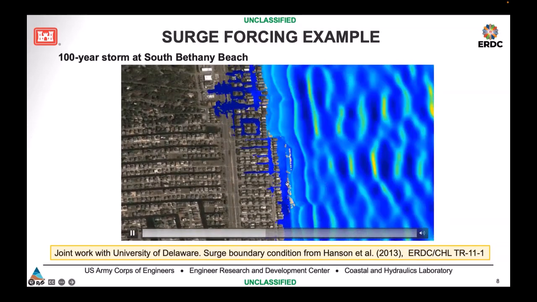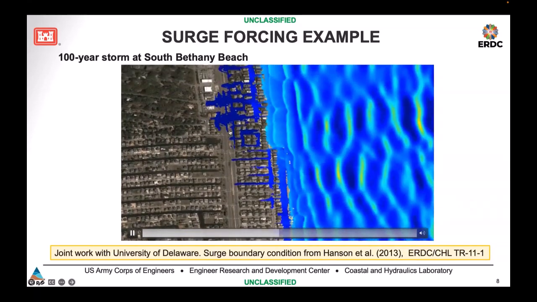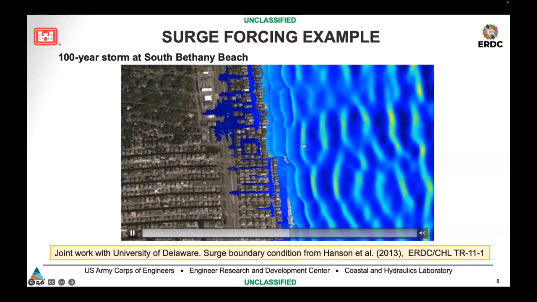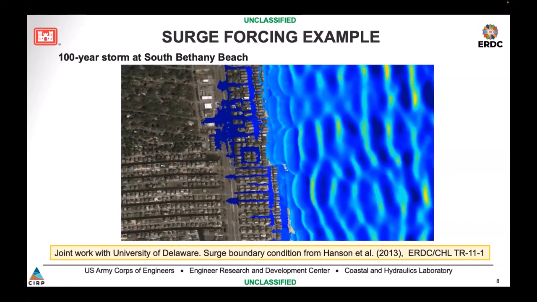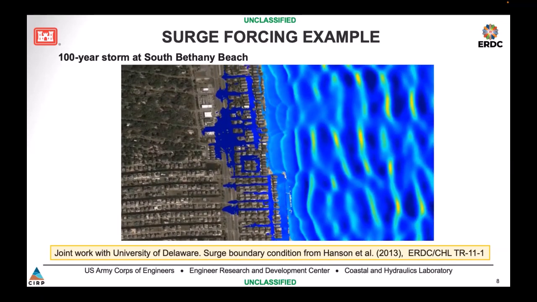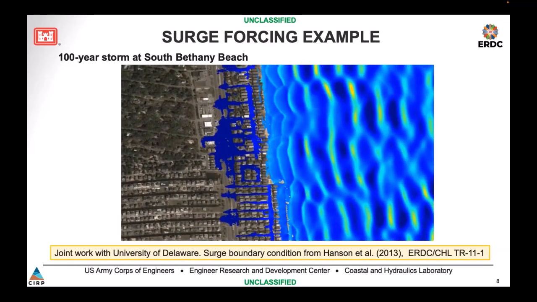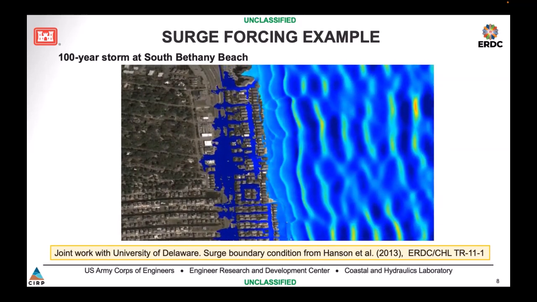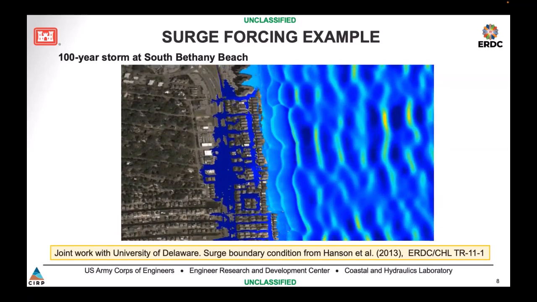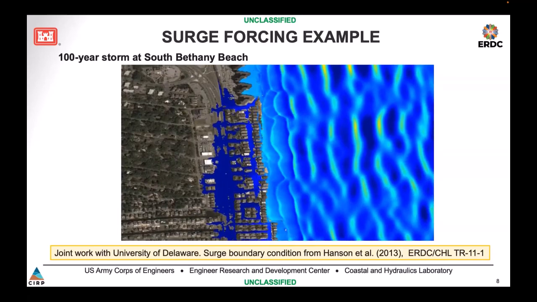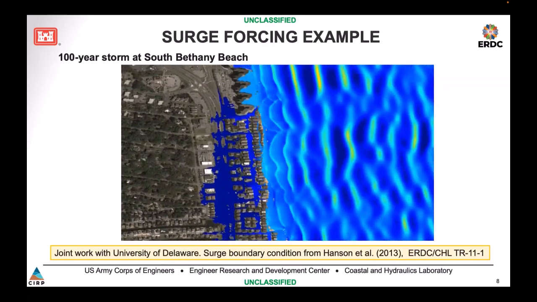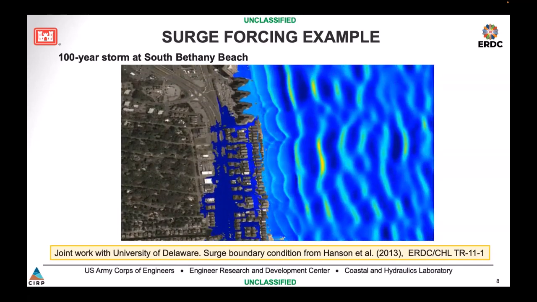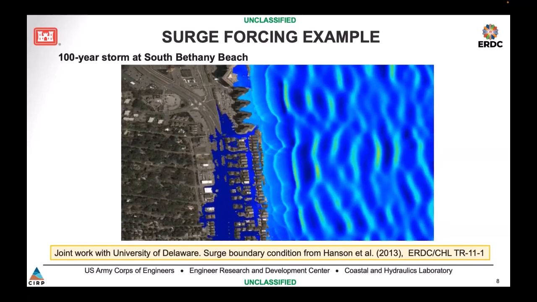You have overtopping, run up, inundation, and flooding. So that is an overview of the tide module with some field examples. There's a technical note that has finished the review stage and is currently with the editor, so it should be published. Unless there are any other questions,